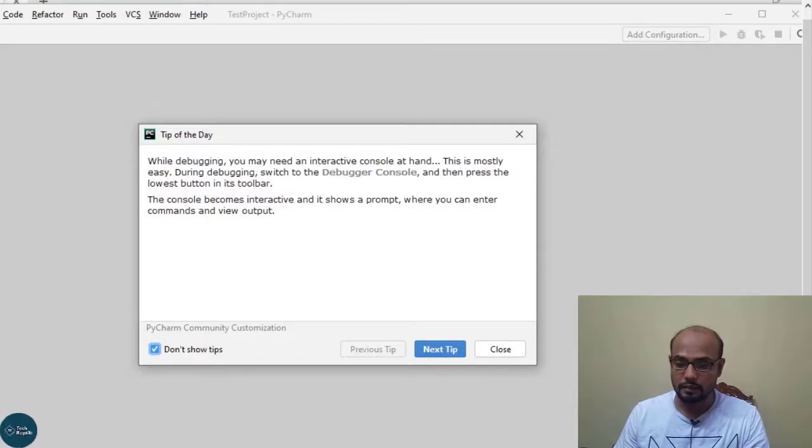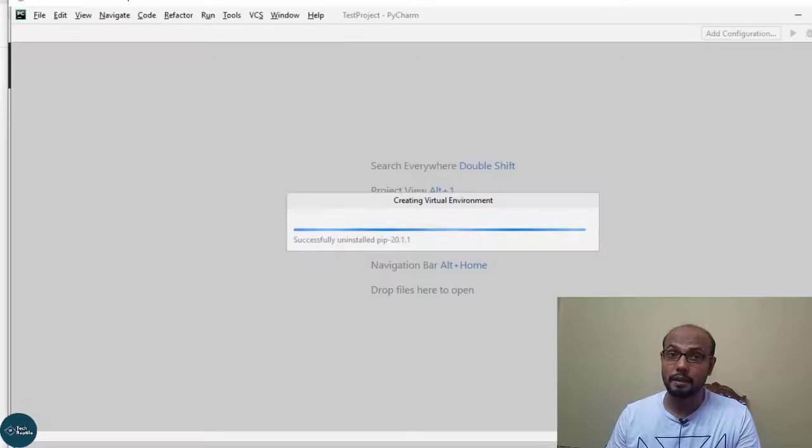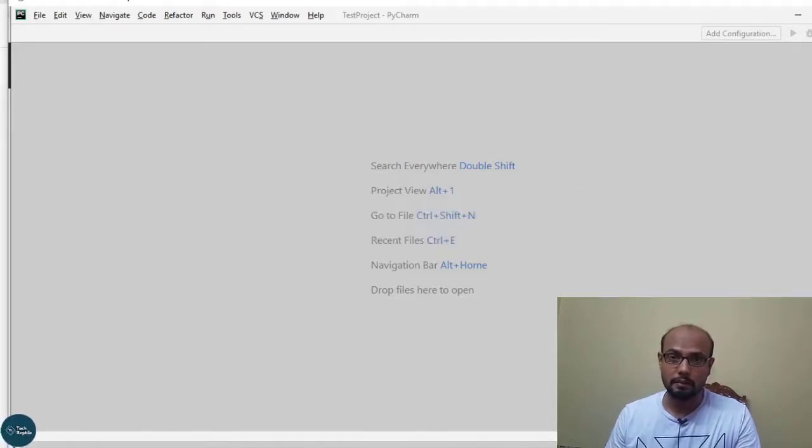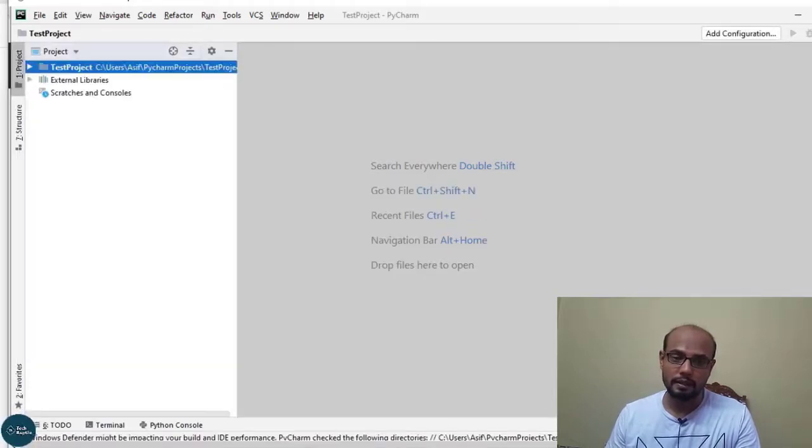I just check this box and close. All of my next code will be written on PyCharm. That's why I am using PyCharm here, and I am showing how to install PyCharm on your computer. So please guys, follow my instructions and install PyCharm on your machine.